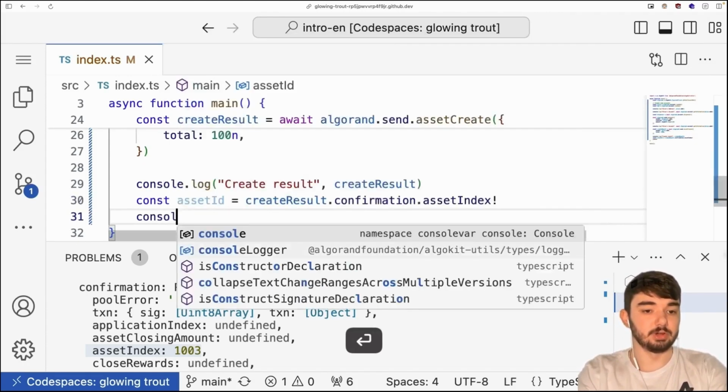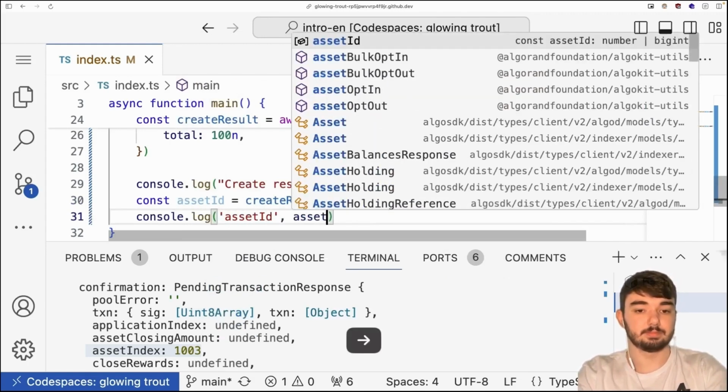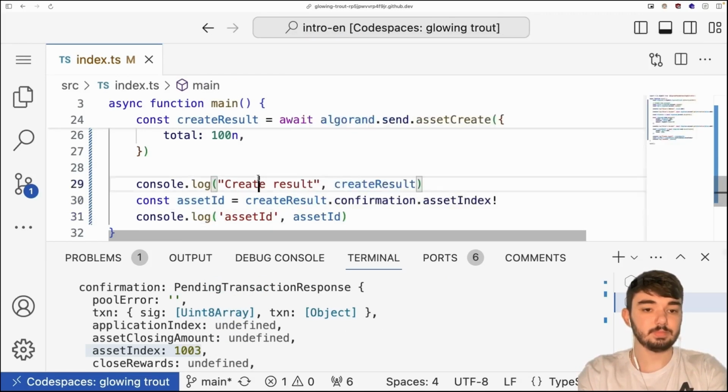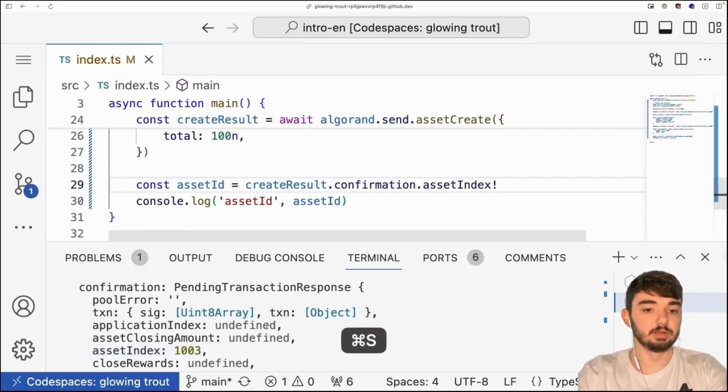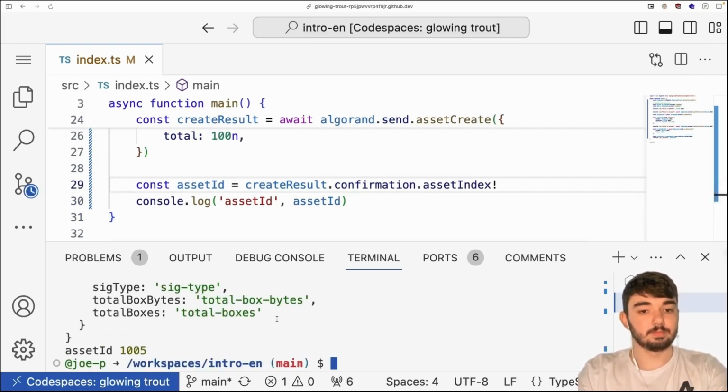And now if I do a console.log of my asset ID, let me just get rid of this so we can declutter the console a bit. I can now see that I ran this script again, and the asset I just minted was asset ID 1005. And once we have the asset ID, we can then begin to use it.